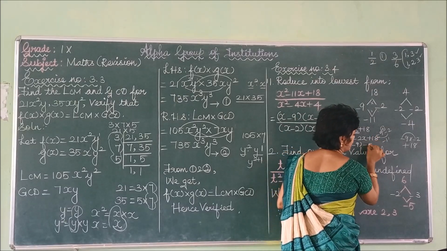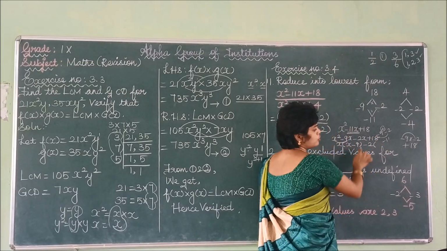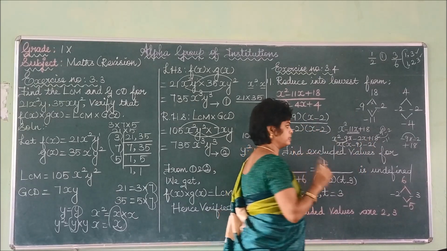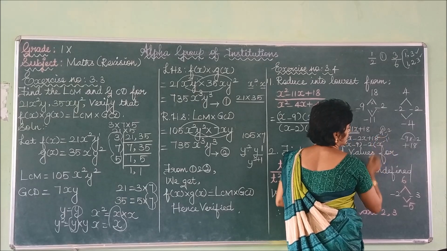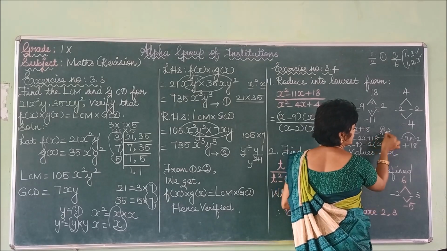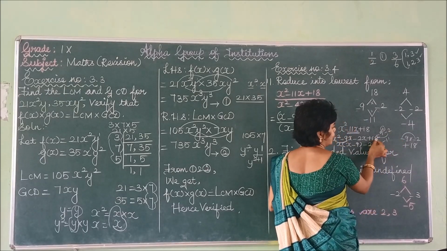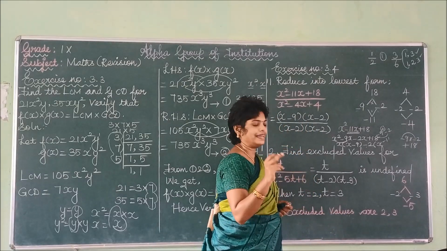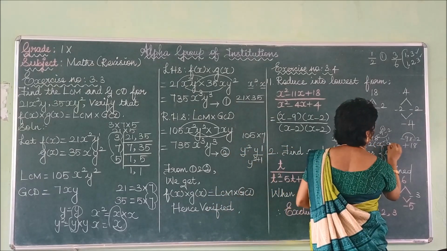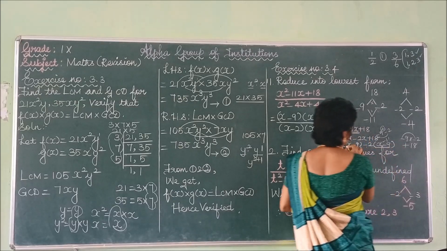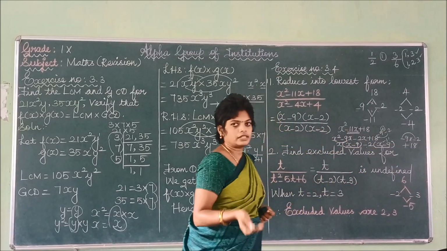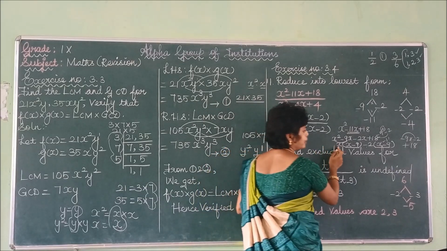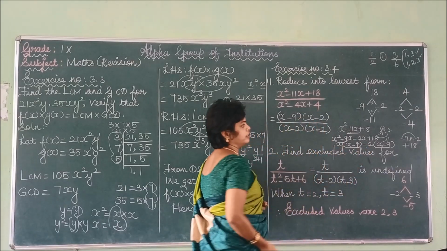From these two, I am taking minus 2 as common. If I take minus 2 from these two terms, what are the remaining terms? x, and this 18 can be split and written as minus 9 into minus 2. Minus 2 is already taken out, so what is the only term present there? Minus 9. So you have to write that minus 9. So the factors are, x minus 9 is common. You write that x minus 9 one time, and the remaining value is x minus 2, which I have written.